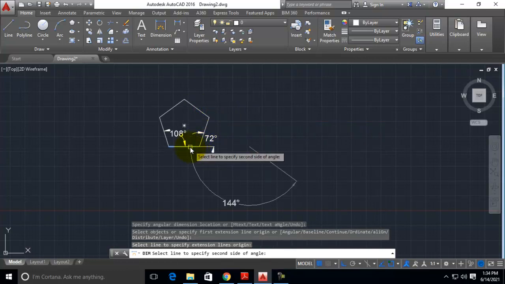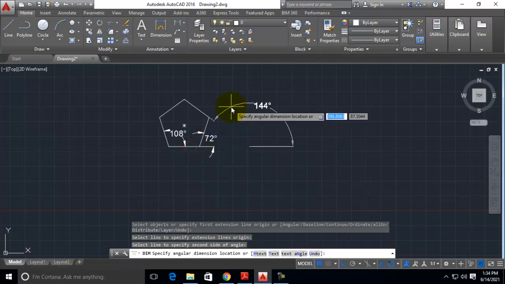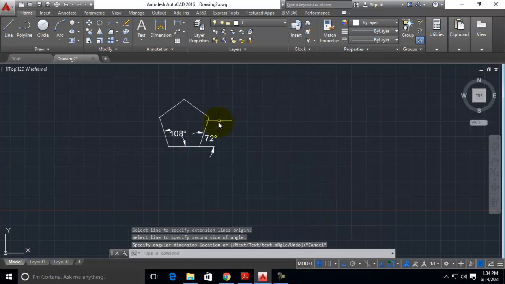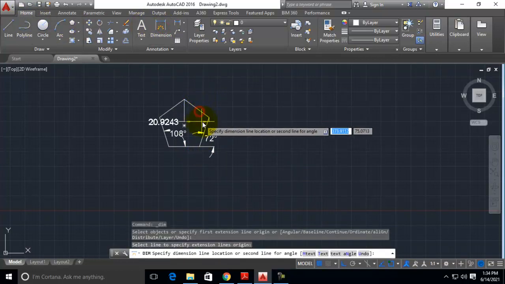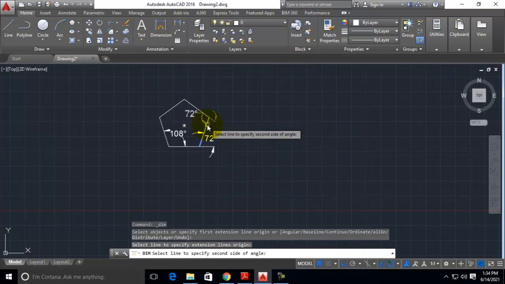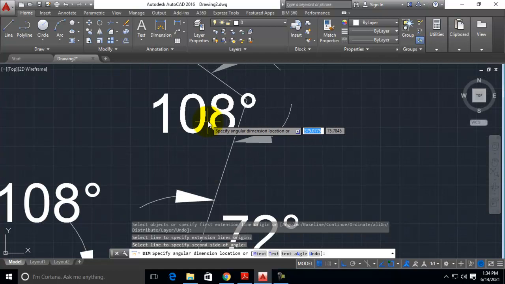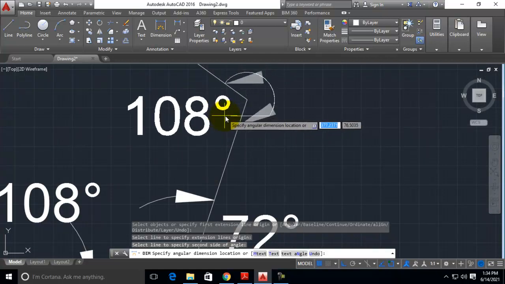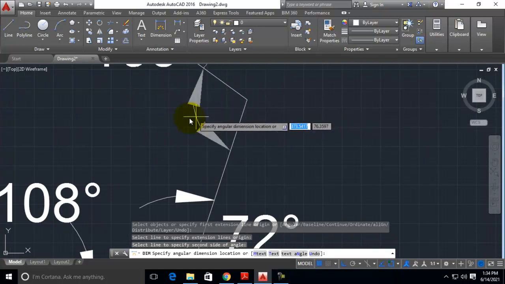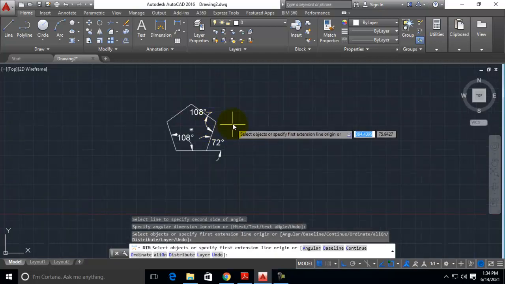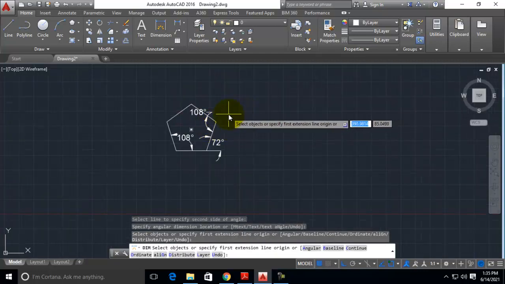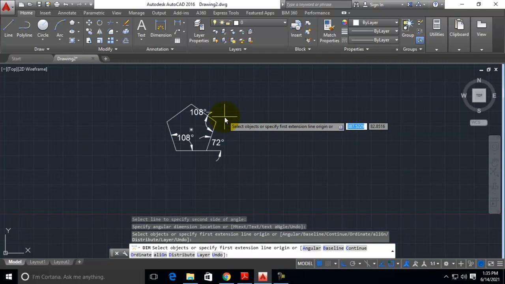Okay. This is not possible. You just measure the other angles. This angle is 108. This angle is 108. You have to measure accordingly and complete the drawing.